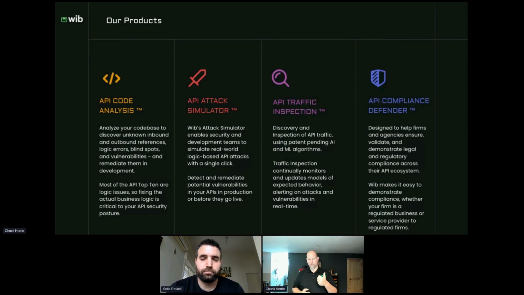So if you're the CISO and you're talking to your CEO or your board members, and they read some magazine article about API security and ask, hey, should we be worried about this? The CISO, or the CIO, can say, well, we looked into it. We found these issues. We got it back to the developers. We fixed it. We ran another scan. We validated the remediation. Or, we looked into it and we got a clean bill of health. Our API security posture is tight, and we're going to do another scan in another quarter or whatever.